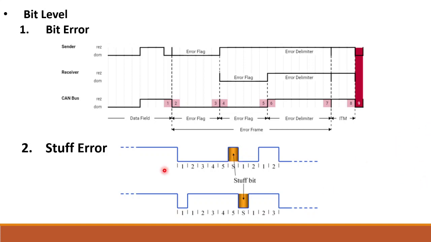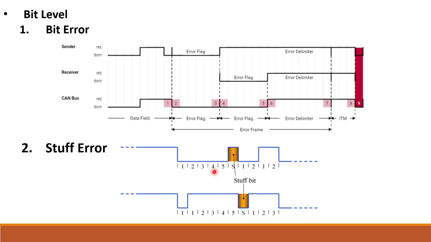At the receiving end, if we receive five continuous bits, the sixth bit will be rejected by the receiver. This way the stuffing is done in the CAN protocol. During transmission, if we detect five continuous zeros or ones, we add the inverse bit and send it from the sender. What a receiver will do is, if we continuously receive five zeros, then the sixth bit I should reject. Similarly, if I receive five continuous ones, then the sixth bit I should reject. This way the stuffing was implemented in the CAN protocol using NRZ encoding.